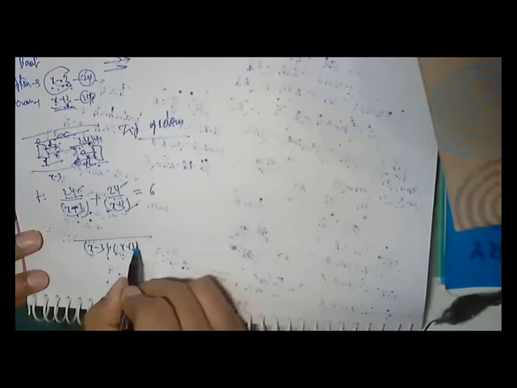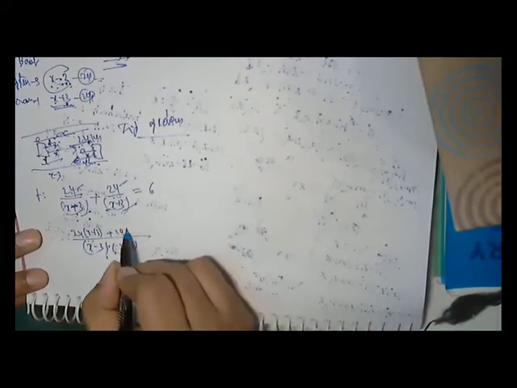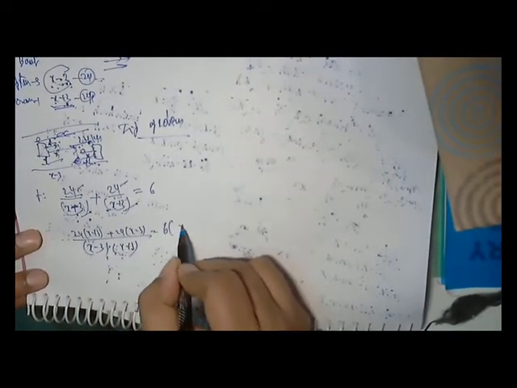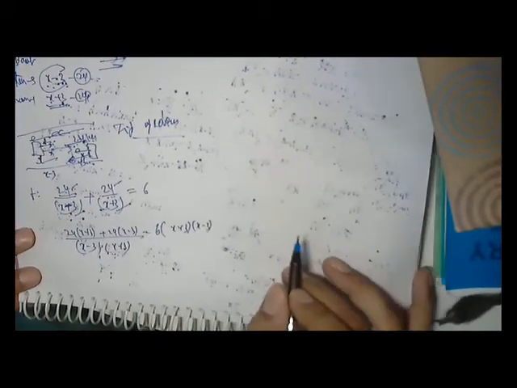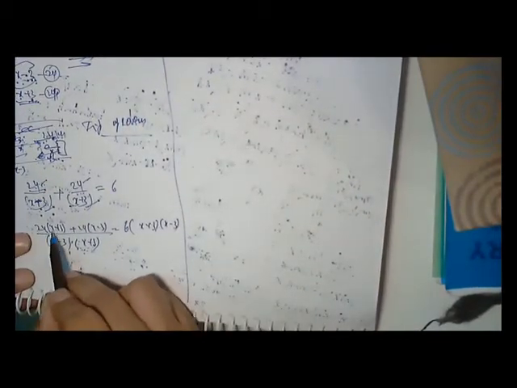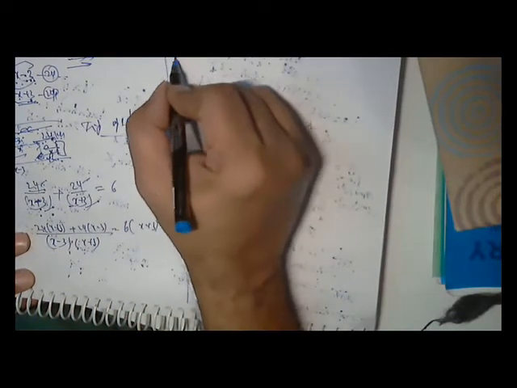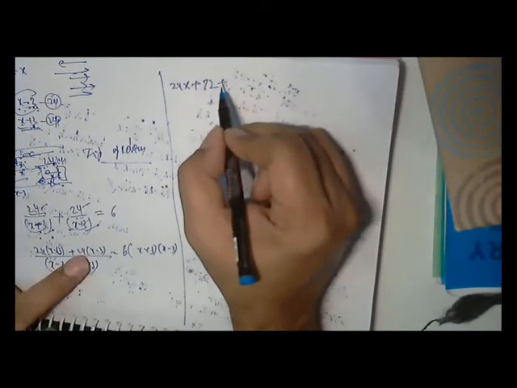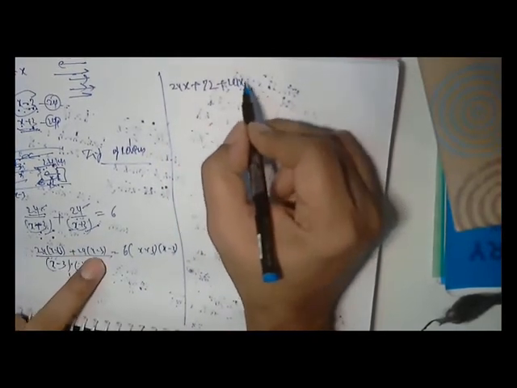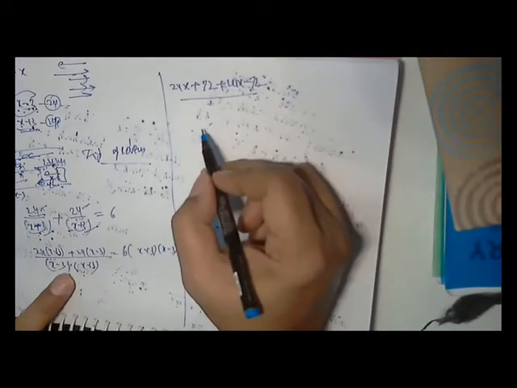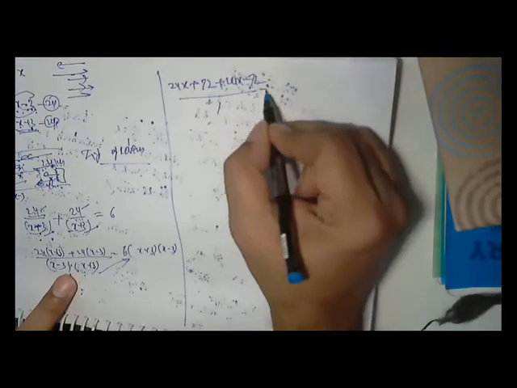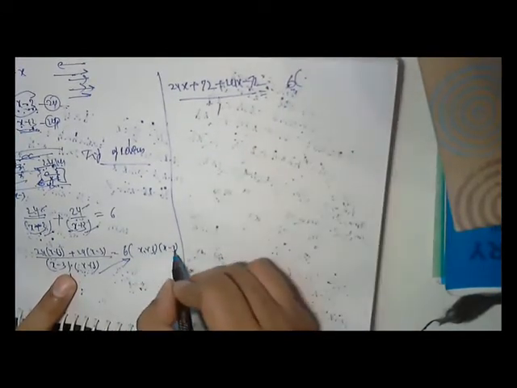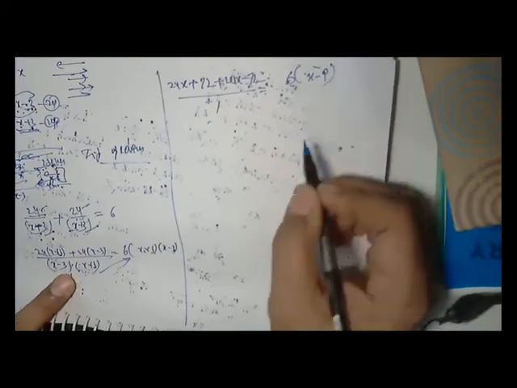So what is the LCM? x minus 3 into x plus 3 is the LCM. So 24 into x plus 3 plus 24 into x minus 3 is equal to 6 into x plus 3 into x minus 3. So you get 24x plus 24 threes are 72, plus again 24x minus 72. The denominator we have taken to this side, there is a 1 by, so it is equal to 6 into a plus b into a minus b, so a square minus b square.